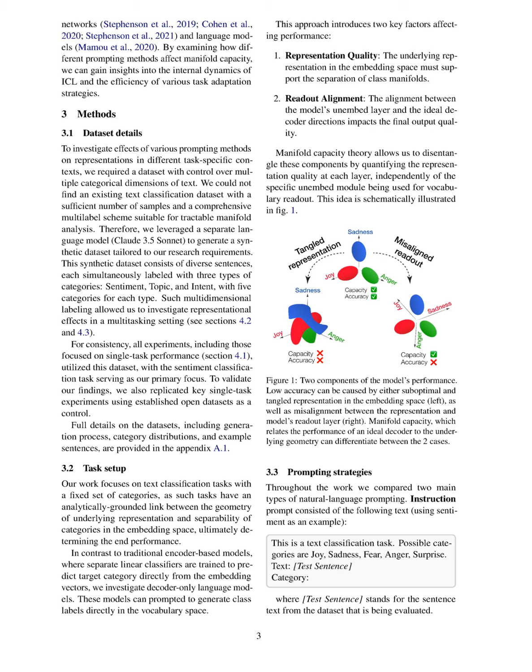Section Summary. In this section, we explore the computational flexibility of modern language models, particularly focusing on in-context learning, ICL, and how different prompting methods influence internal representations and task adaptation. We aim to uncover the geometric properties of category manifolds in the embedding space, revealing distinct mechanisms behind ICL despite similar performance outcomes across various prompting strategies.